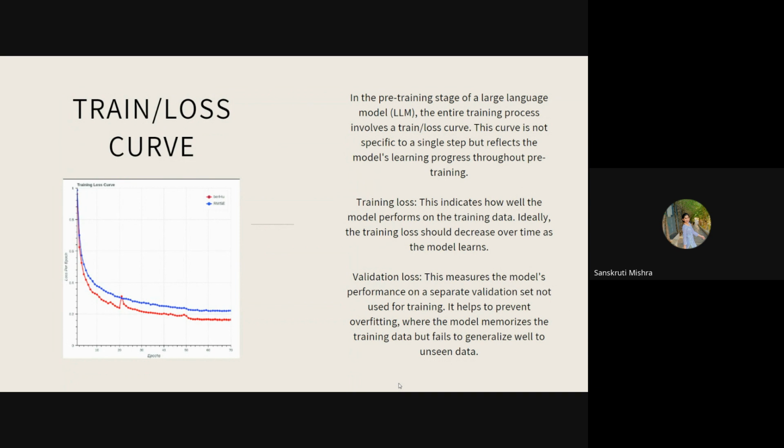So here in blue, we can see the validation curve, and in red, the training loss curve. Here, a significant increase in the validation loss indicates overfitting, necessitating adjustments to the training process. So moving ahead,